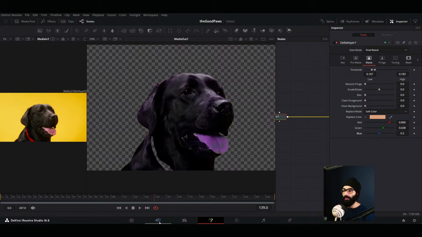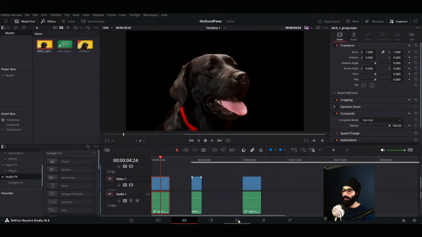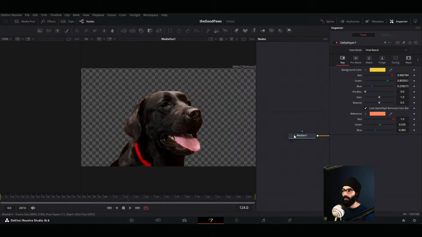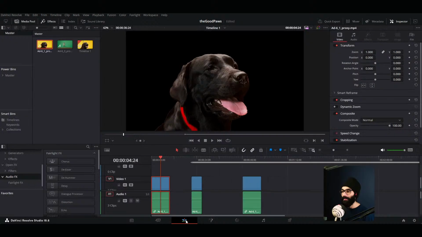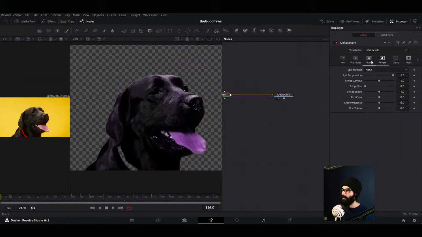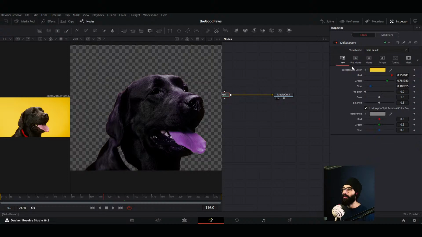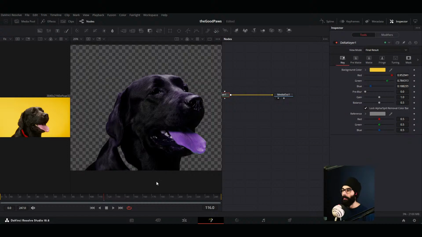Let me see if I can go to my edit page, to this Fusion, and not make a new Fusion. Yeah, we have delta keyer here. So you see what I did yesterday was, I played with the RGB here, not here. Okay, got it. Understood. So let me go to the edit page here and go back to the Fusion page with this clip. No, not color, Fusion. RGB here is over here, in the key tab. So you don't mess with anything in the matte tab. Actually, you want to come to the key tab, and here